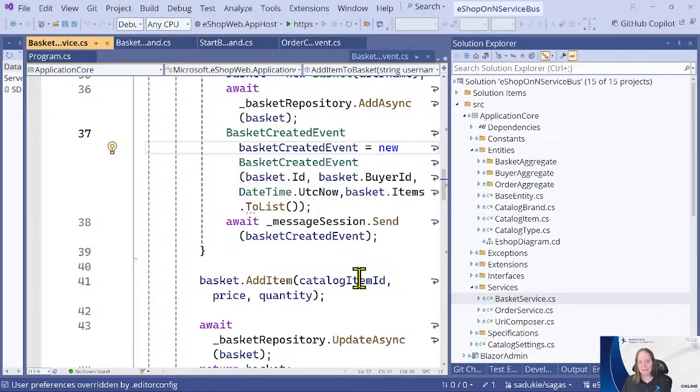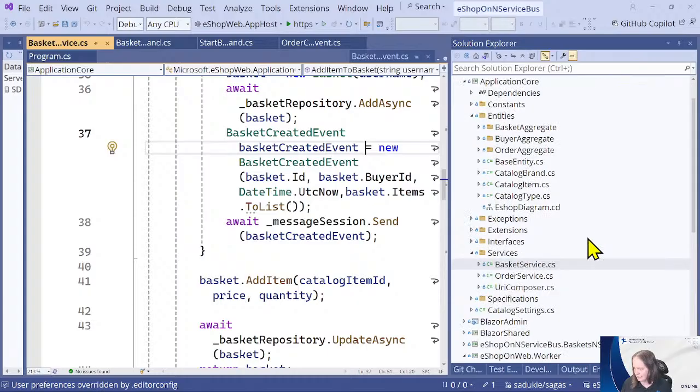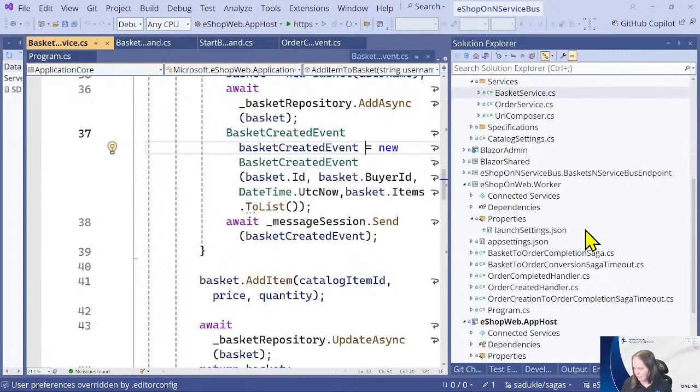Now, where does it know? It already knows about the orders and how to send the order created there, but BasketCreated doesn't go to orders. How does it know? Well, we had to change our code for that a little bit, but not much. So if we go into our program.cs for web,